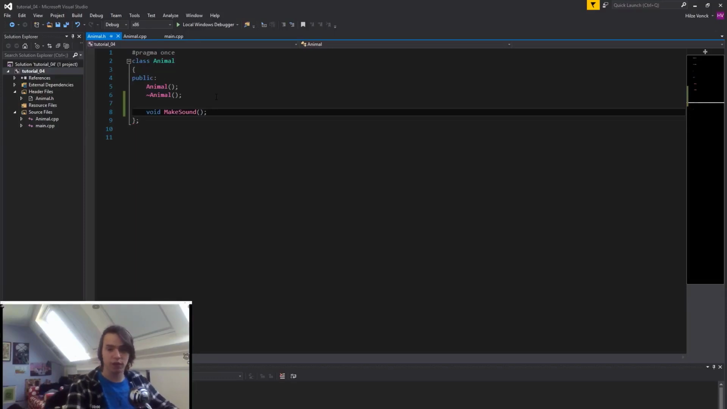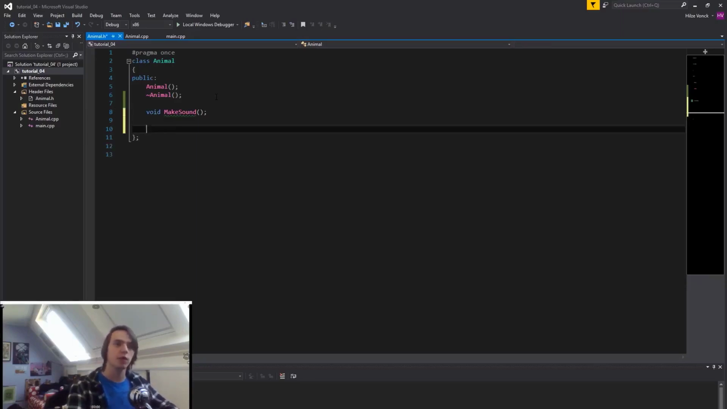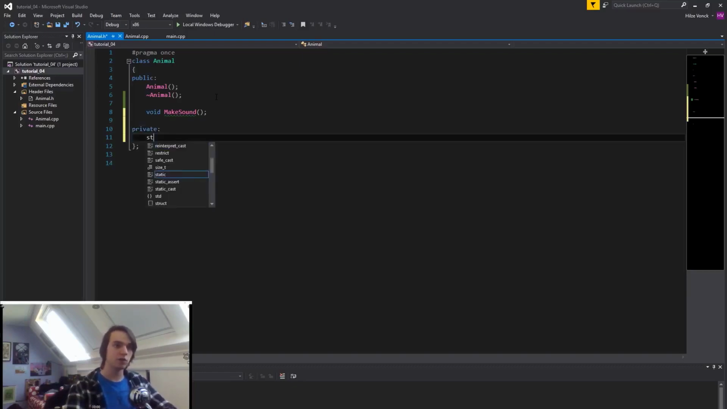We don't need to specify anything yet. It doesn't need any attributes, because we just want to make a sound. It doesn't need anything specific for that. And let's also make a private. So we're going to specify the private keyword, string